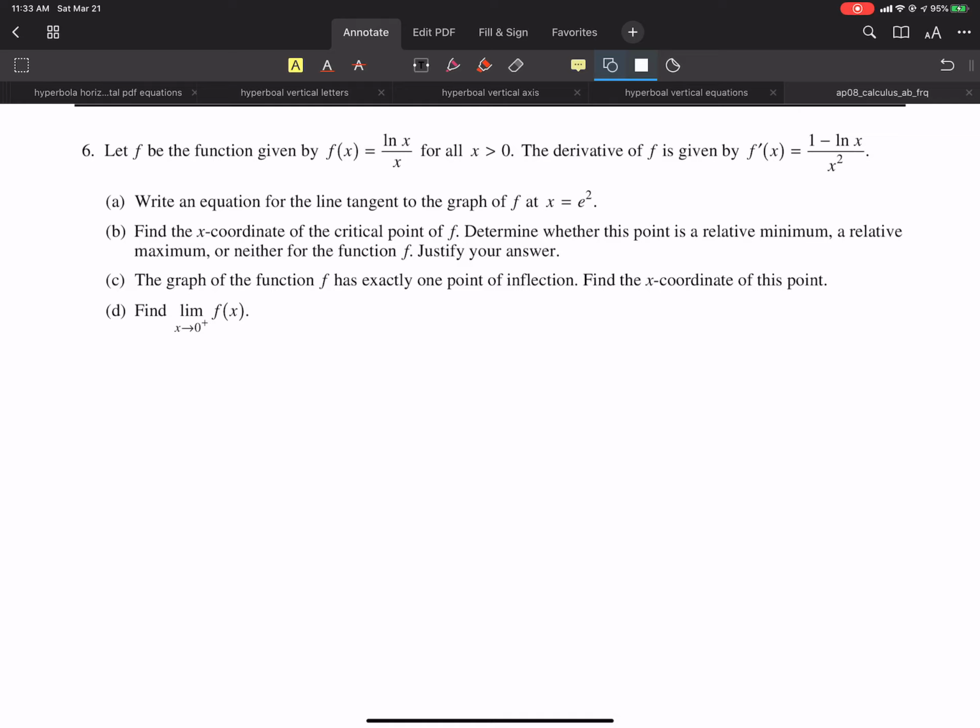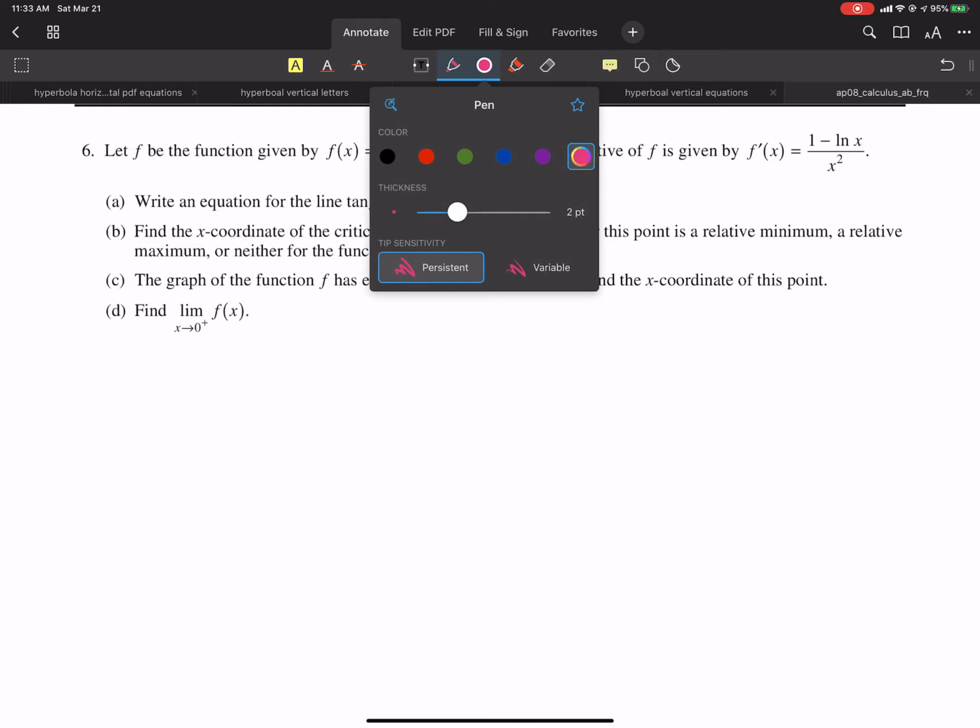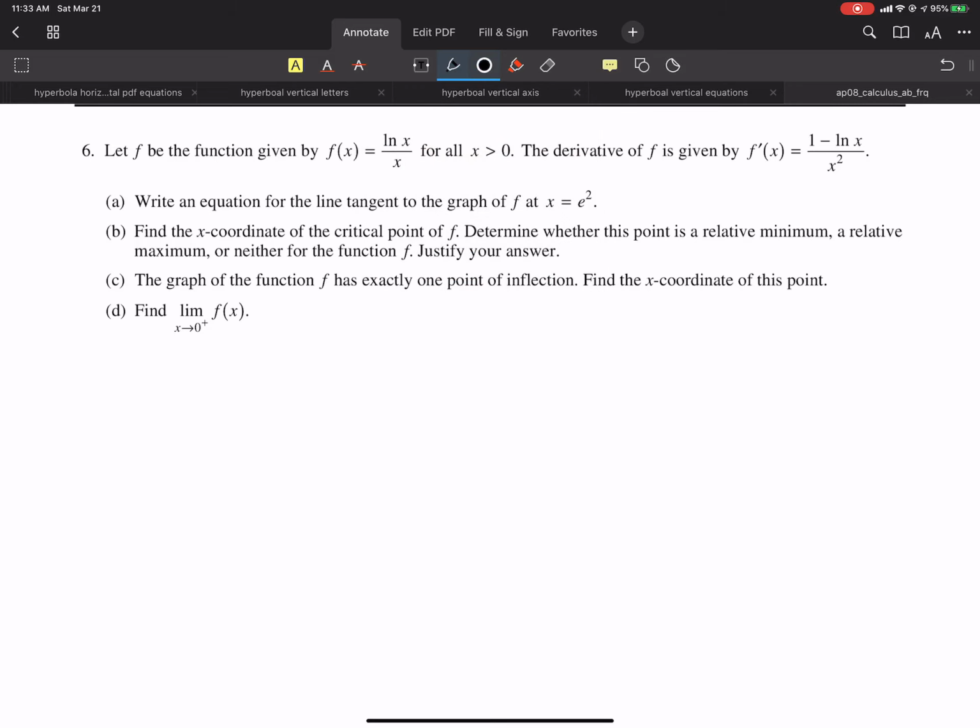So, equation for the line tangent. You should see equation of the line, and automatically the first thing you should think is point slope form. Bam. So all we need to know is a point the line goes through and the slope of the line